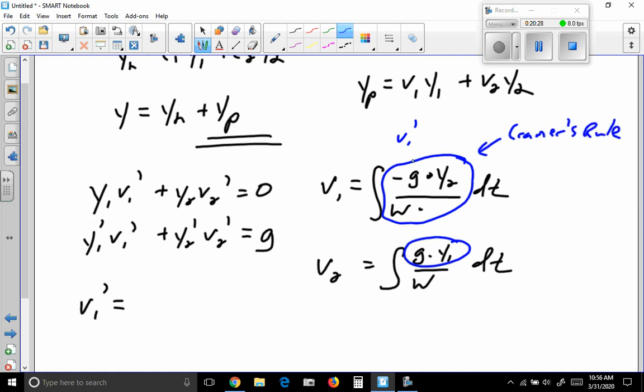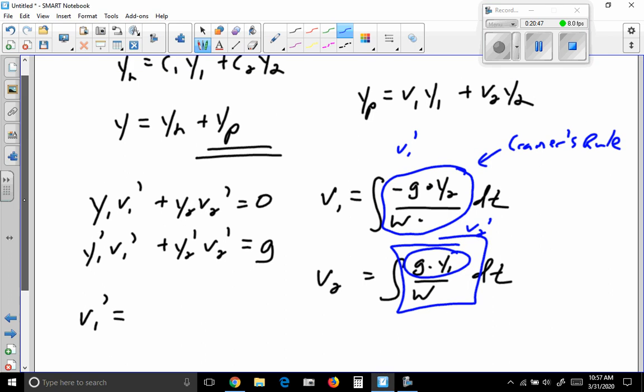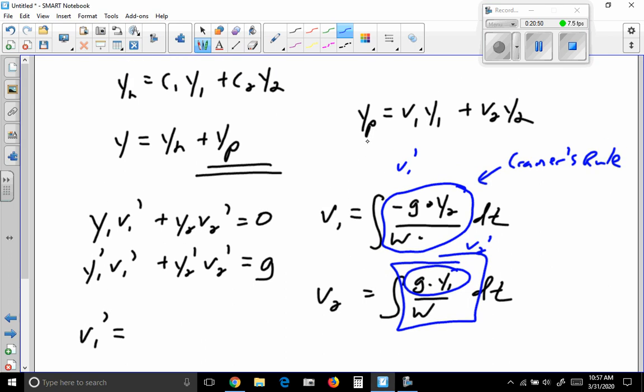So this is V1 prime, so to get V1 we integrate it. This whole thing is V2 prime, so to get V2 we integrate that. So these general solutions and the way we get our particular solutions to the non-homogeneous using this system of equations, using the Wronskian, this is applicable to all second order differential equations, whether we have